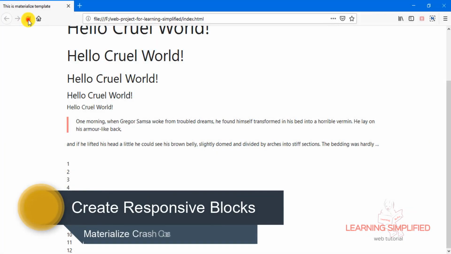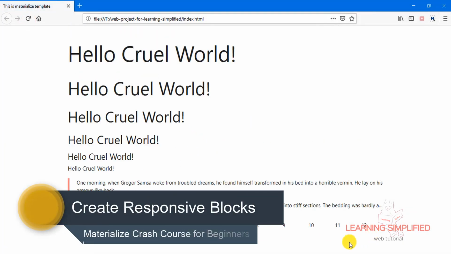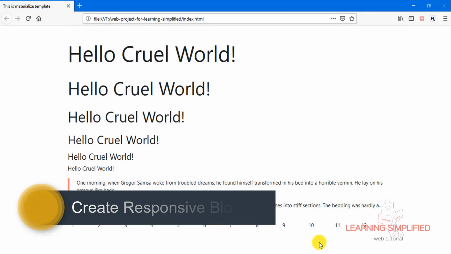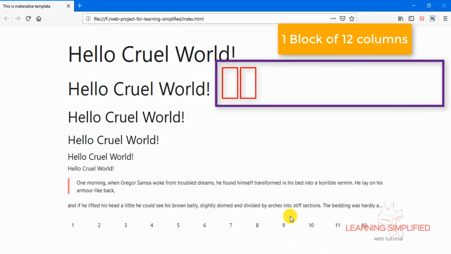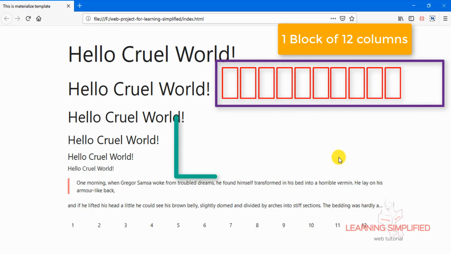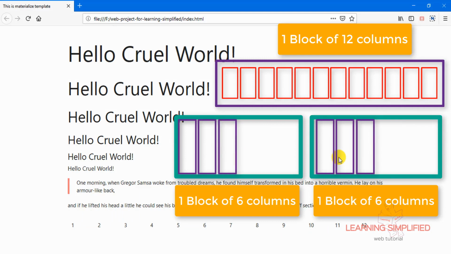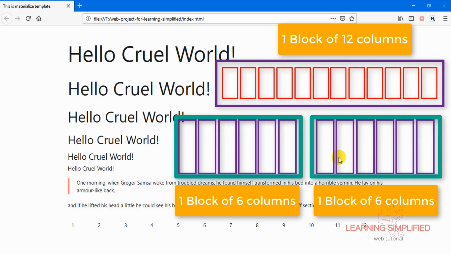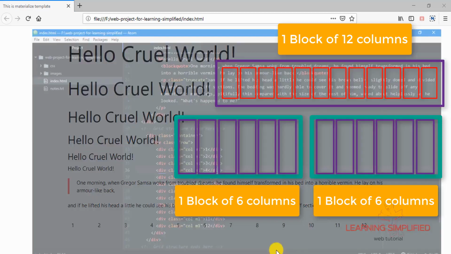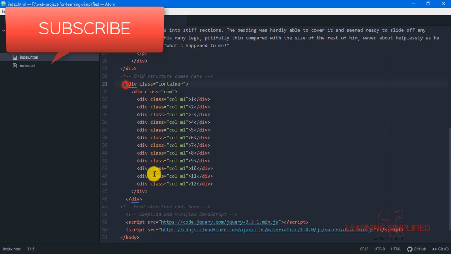Get back to our project, and we'll see that this horizontal display is back right away. In the next case, we will be using something more. Instead of using single individual units or columns, now we are about to use 2 blocks, each consisting of 6 individual columns. That means those blocks will be 6 columns wide individually. Now if we get back to our project,